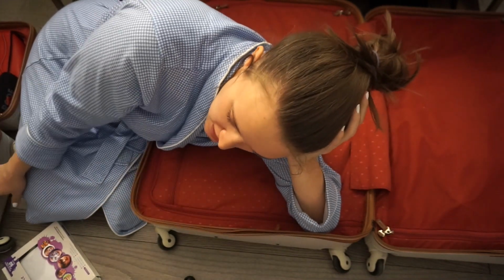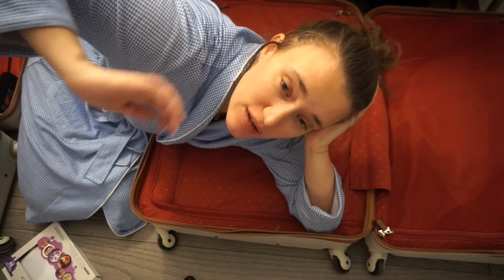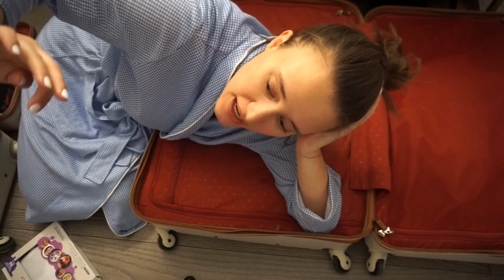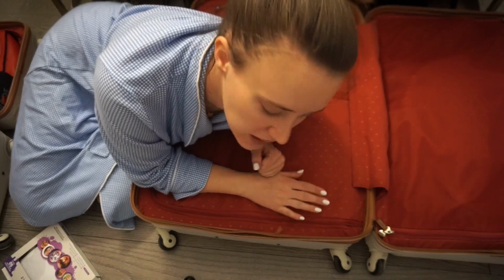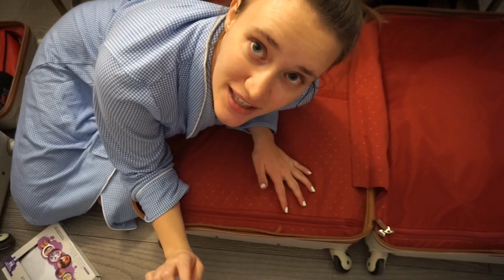I still have a lot of room left in my carry-on, which is always a good sign, and I have a lot of room left in my purse, which is an even better sign. So what we're going to do now is I'm going to head to bed, and then we'll finish packing tomorrow morning fully. I am going to pack this tripod